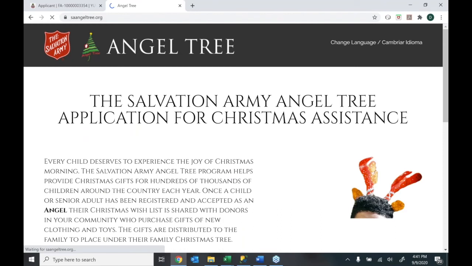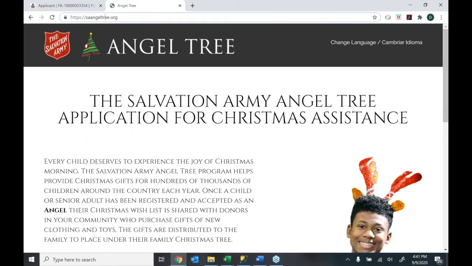saangeltree.org. So all of them start here. And this is where they come to begin their application. So www.saangeltree.org. Now I'm going to go to our test version of this just so I can put in some test dummy data so you can see what this looks like. But that's the URL,